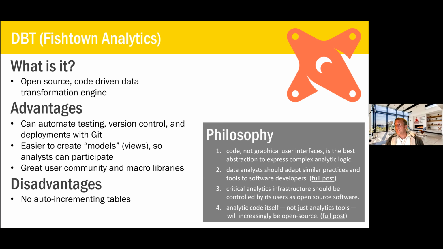Disadvantages: if you decide at some point that you've reached a scale where you need auto incrementing tables, right? Your database is not fast enough anymore, you need to go back to the Kimball model of using low granularity integer keys. DBT does not really enable that. There are workarounds, but they're not great. And I have not observed, and I don't know anybody who's built a very large scale implementation with DBT to say how well it works at scale, especially when you're not using auto incrementing keys and you're using views for your dimensions in your fact tables.